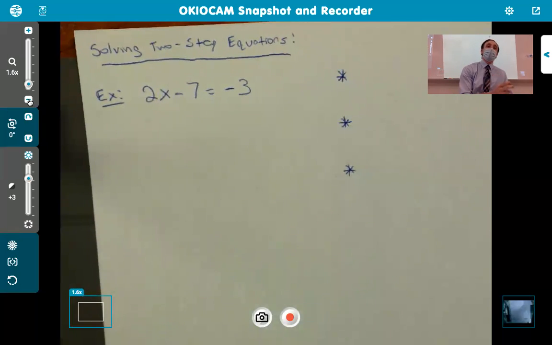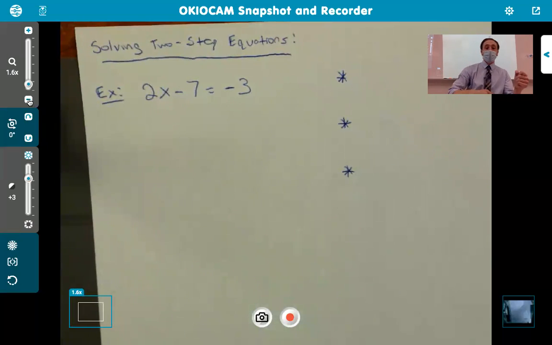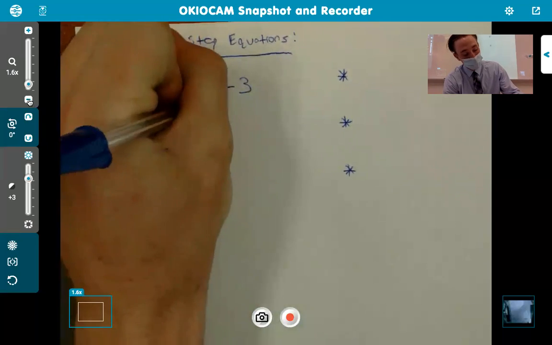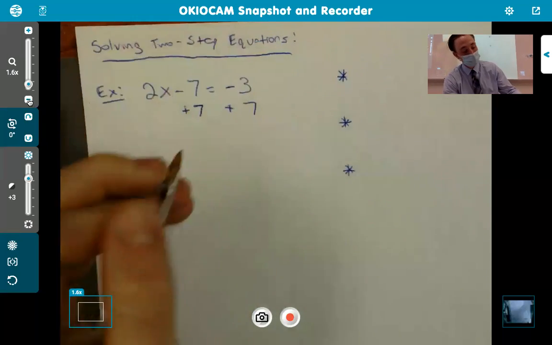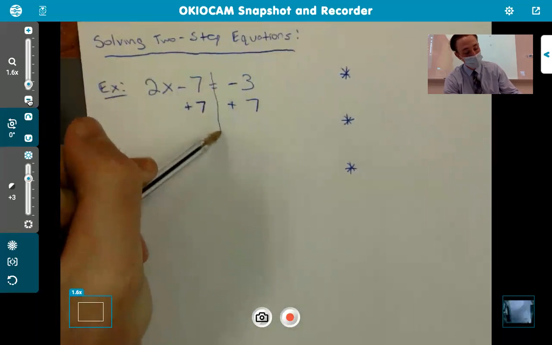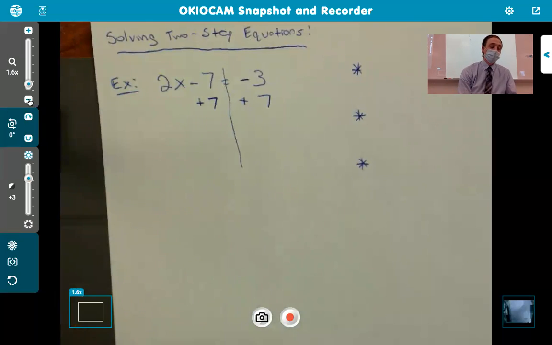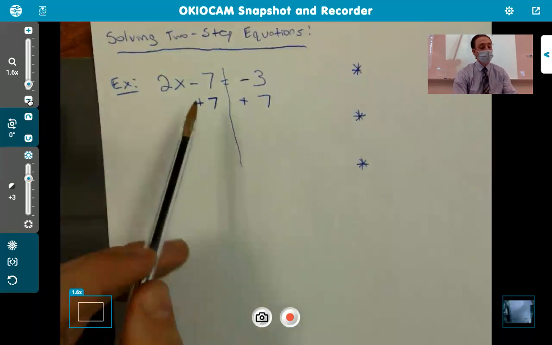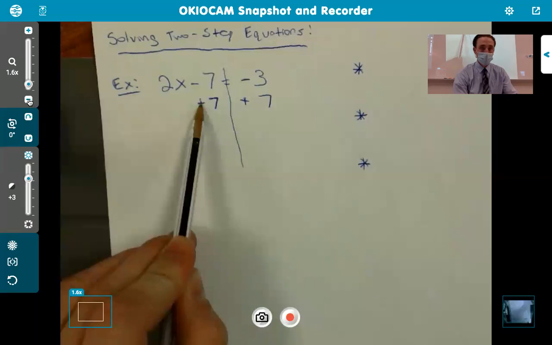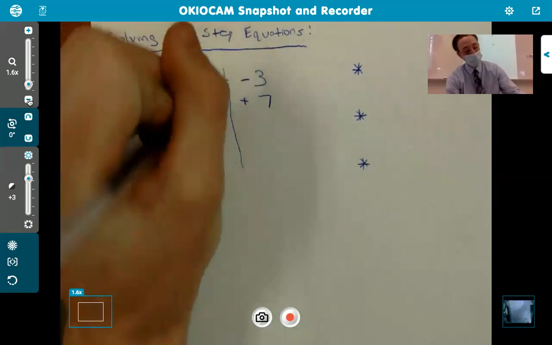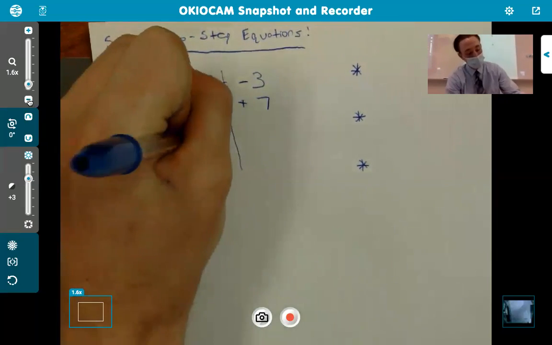That's an extra term that's over there. We talked about the addition property of equality, where whatever I do on one side, I have to do on the other. So I'm going to take that 7 and add it to both sides, okay? And my reason for doing that is because this -7 and the +7 are going to cancel out, right? I'm trying to get rid of that term on one side. So -7, +7 will cancel. And I'm left with just 2x